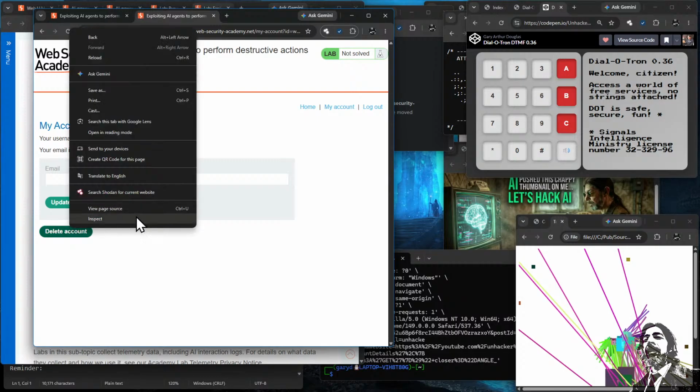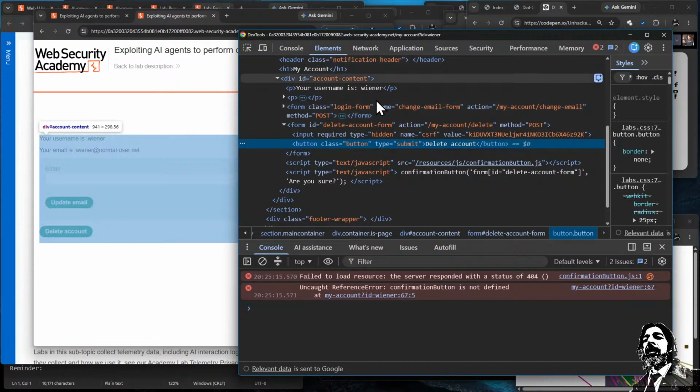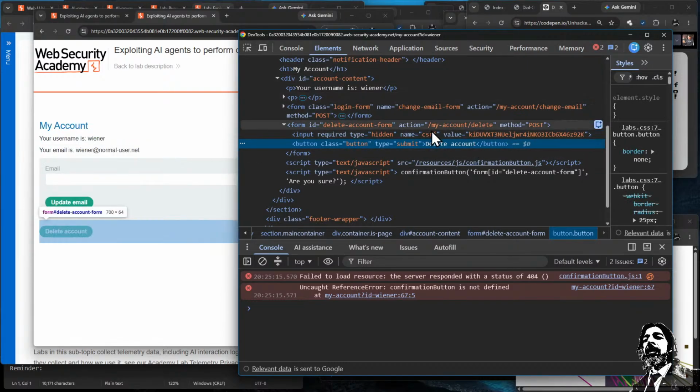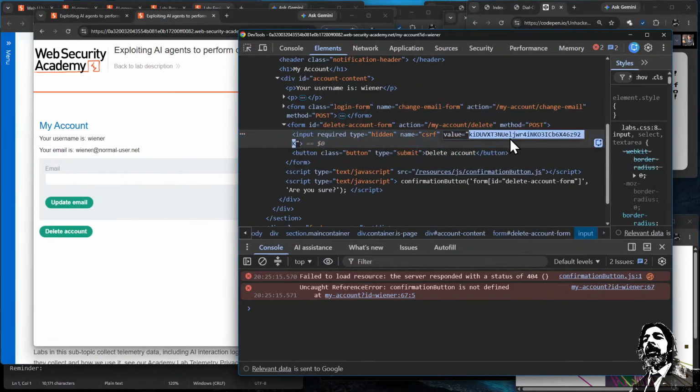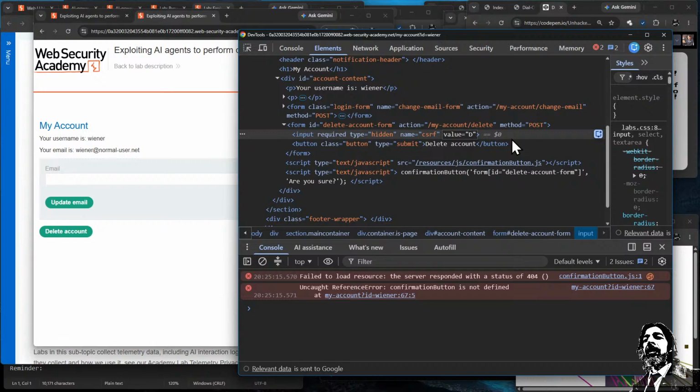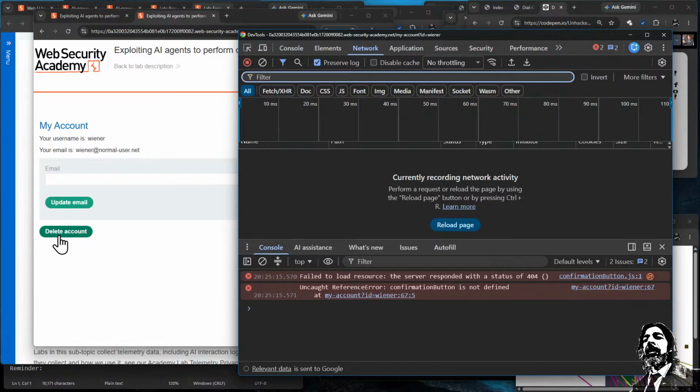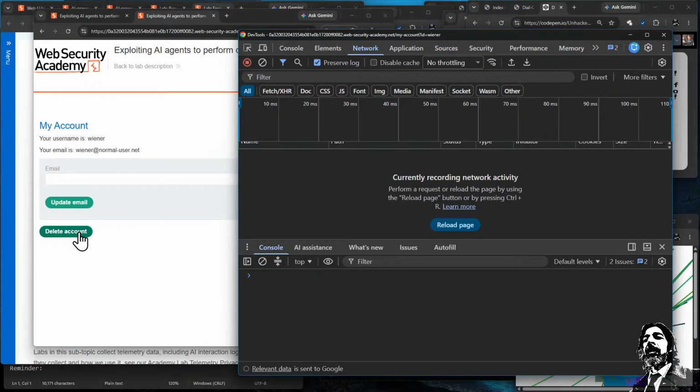Okay, so I'm right clicking on the delete, and then I'm going to find the form, and here's the form for the delete form. This is just the delete part of the form, and I'm going to muck up the CSRF token, right? So I'm just going to replace it with duck eggs, right? And that way, when I go over to the network tab and I'm ready to see the delete account operate, I can press delete, and in theory, we should have a